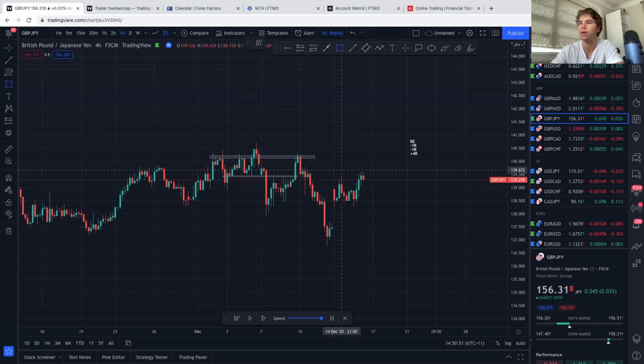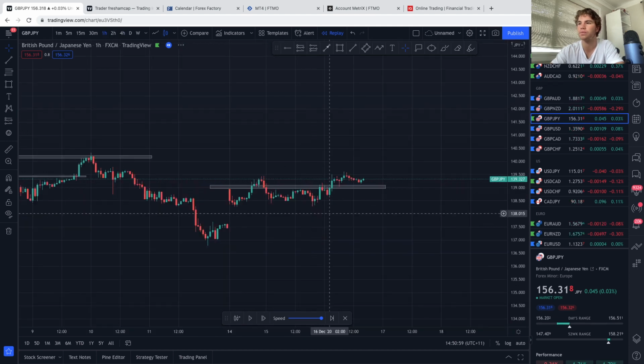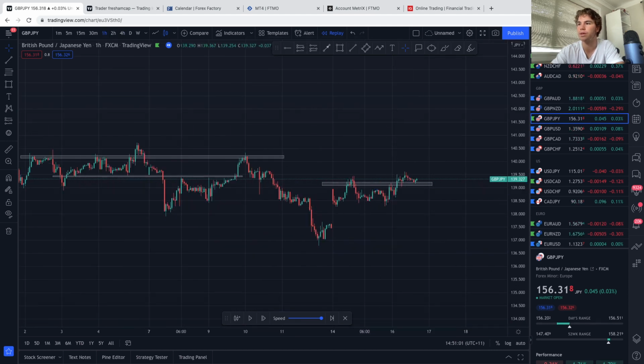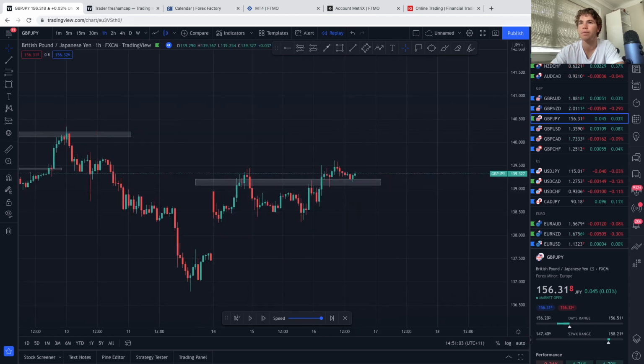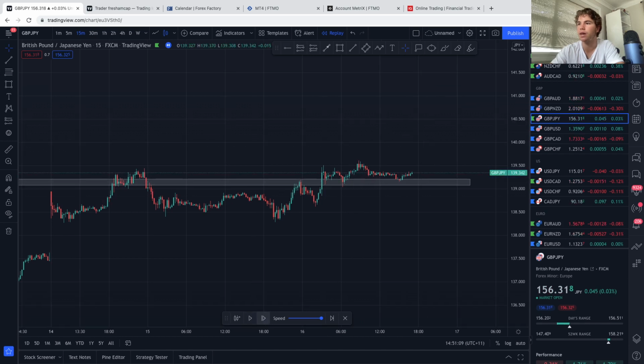Okay, so nice little structure break here. Want to see a retest back to that level. There we go. Okay, so flip to the 1 hour. And we can already see a bit of a double bottom. Flip to the 15-minute. So if we can see price push back here and continue up, that could be a